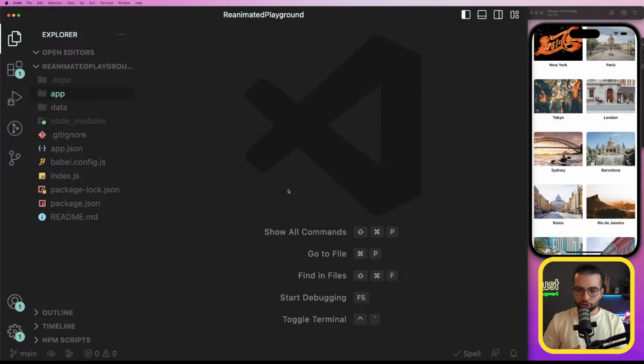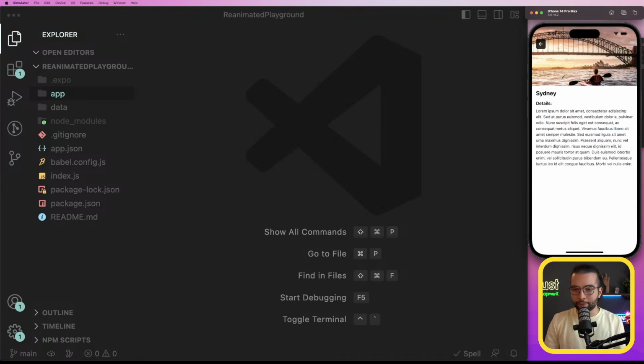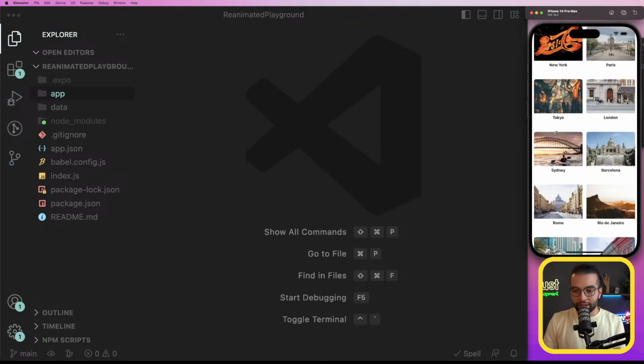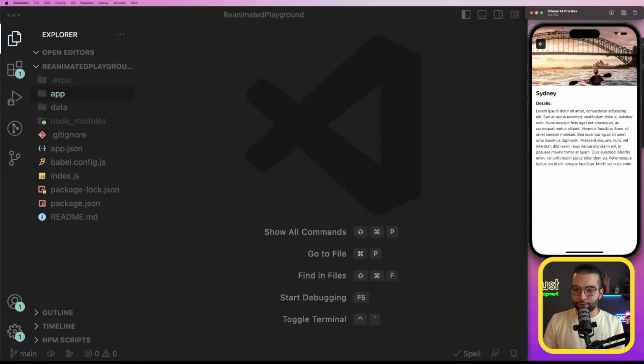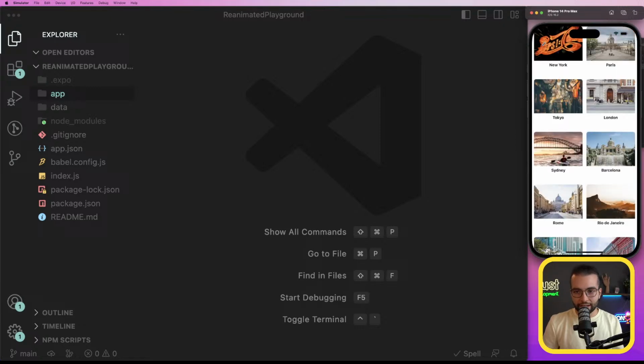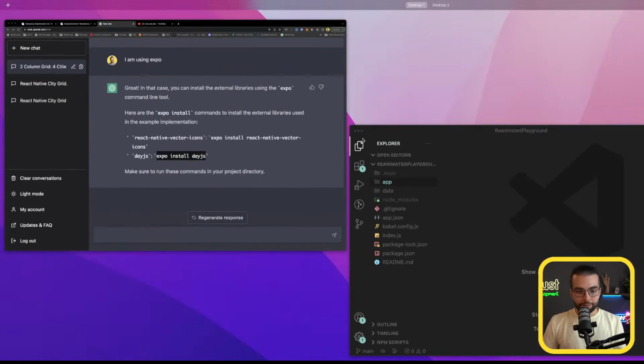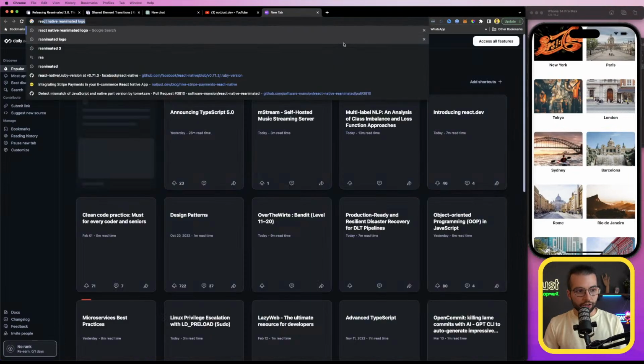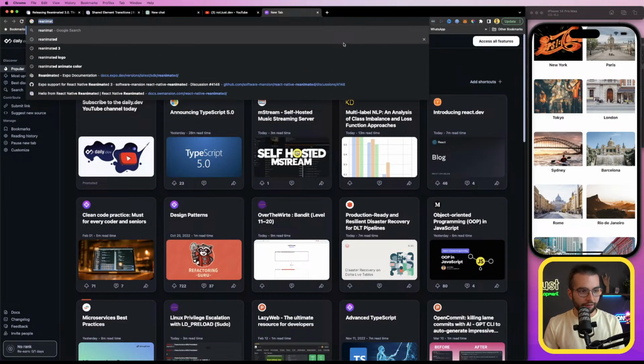Perfect. So what I want to do next is get started with React Native Reanimated, because the shared element transition that I was talking about, where we want the image on the first screen to flow and animate towards the image in the second screen, is part of the Reanimated 3 library. The thing is that if we look in the documentation of Expo Reanimated,